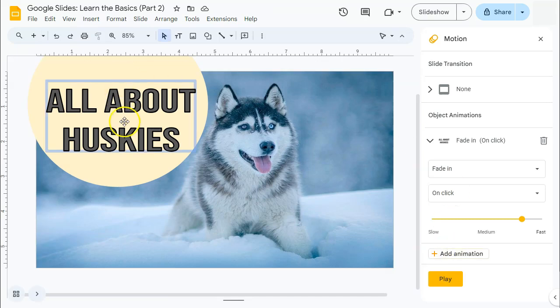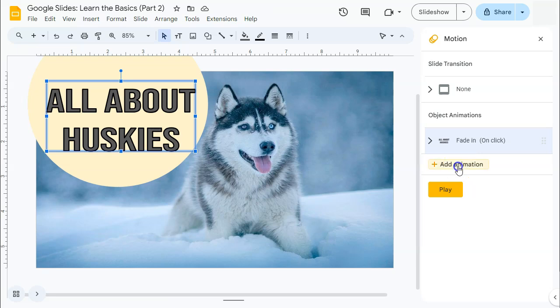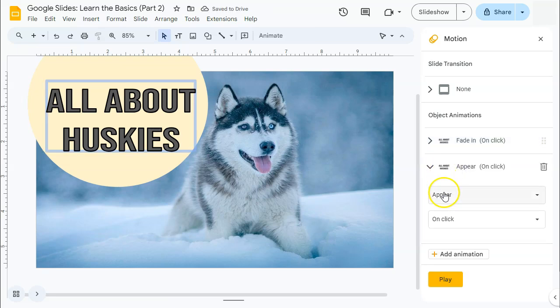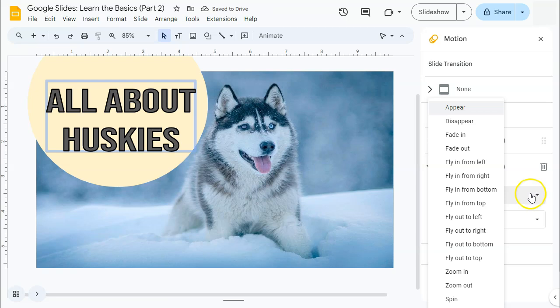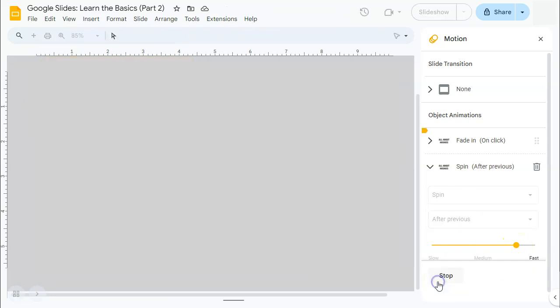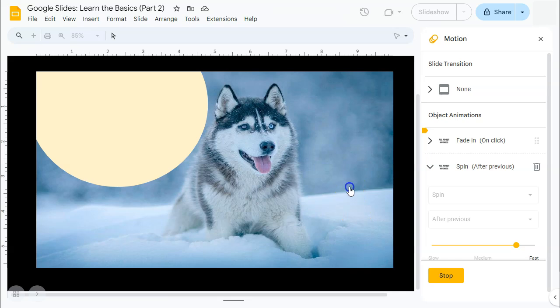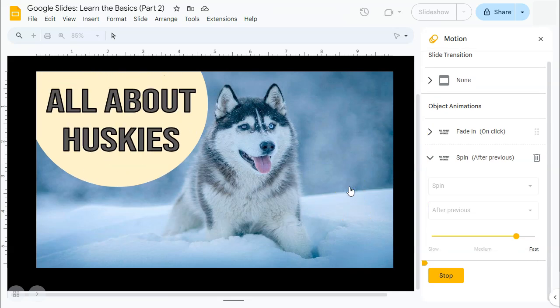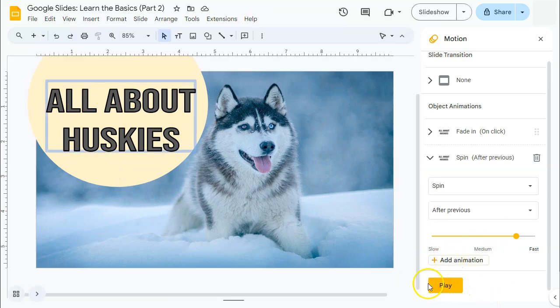So for the same element, click on add animation, change the appear to spin at the bottom. So now it says on click. We're going to change that and let it start after the previous with the same speed. Let's try and play and see what it would look like. Click and spin. So we had fade in and then the spin,